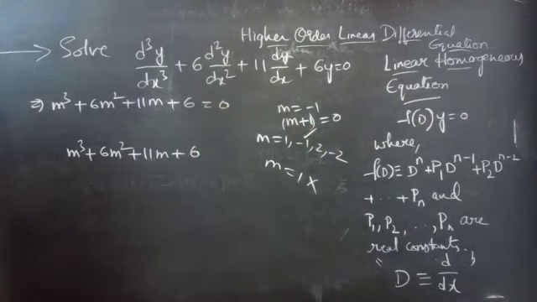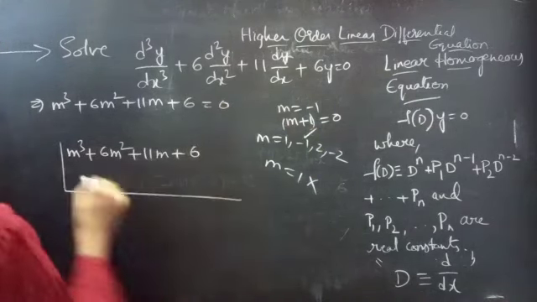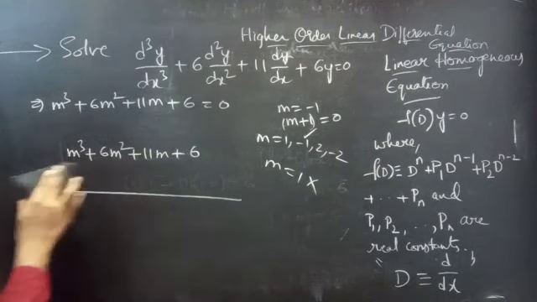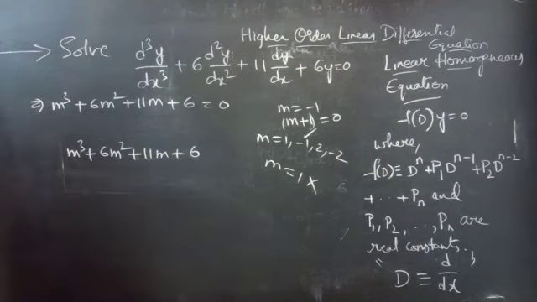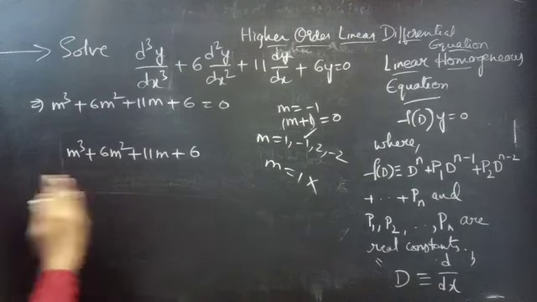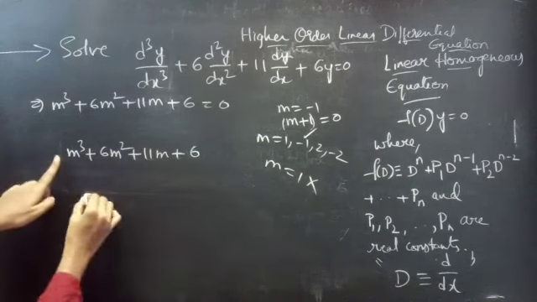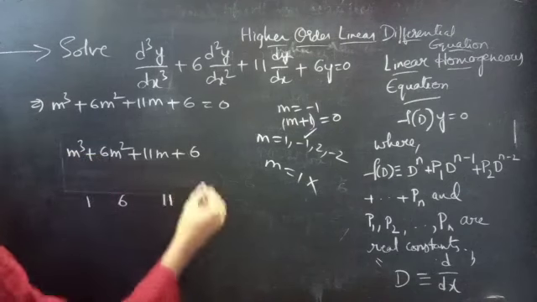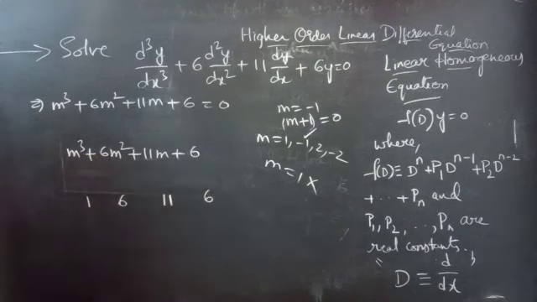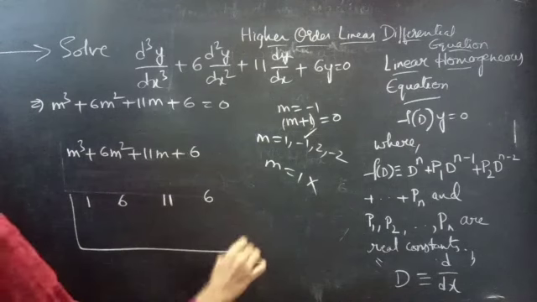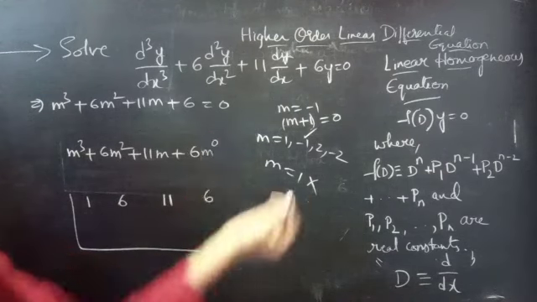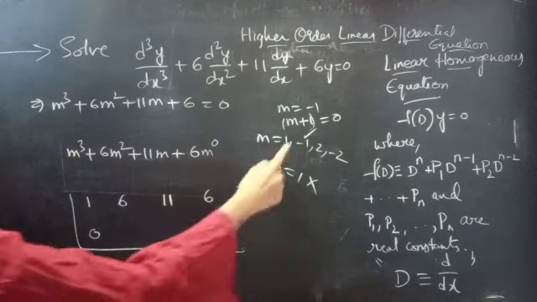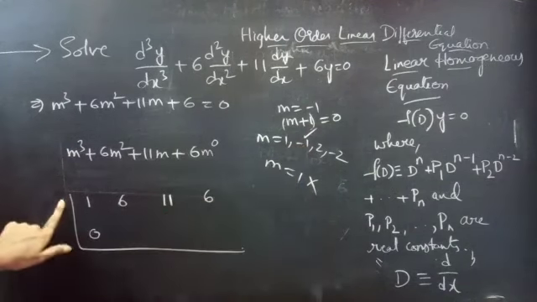Let's see, using synthetic division now. How can we use the synthetic division? Take the coefficients of m: firstly m cubed, m squared, m, and the constant or m power 0. Right? Put 0. Now for m equals minus 1,